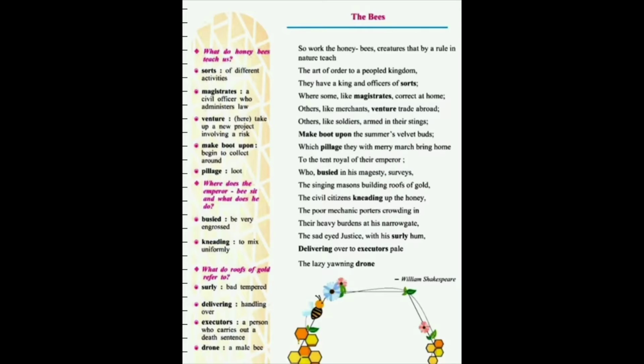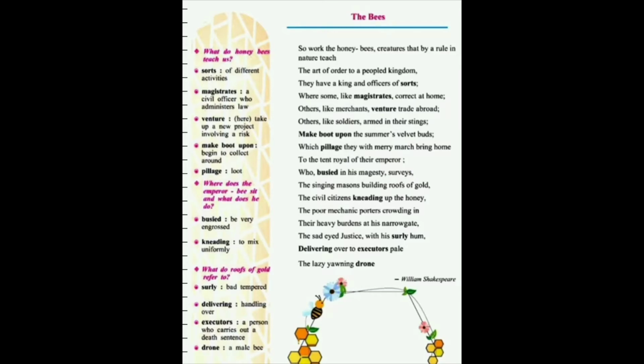On page number 88. So work the honey bees, creatures that by a rule in nature teach the art of order to a people kingdom. They have a king and officers of sorts, where some like magistrates correct at home, others like merchants venture trade abroad, others like soldiers, armed in their stings,